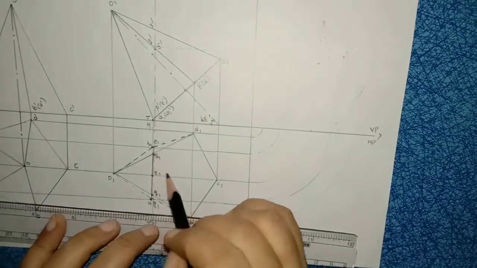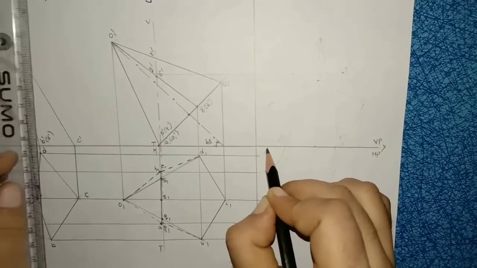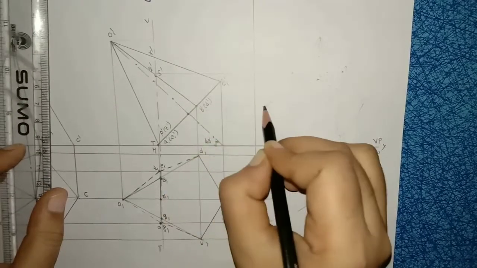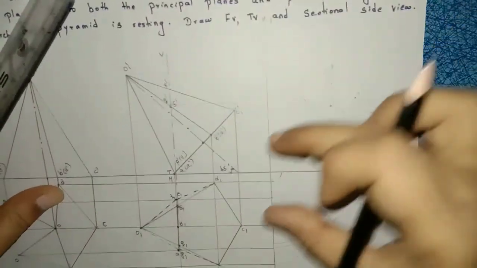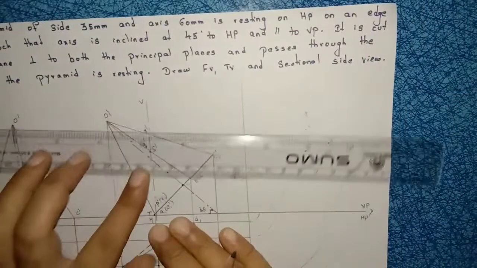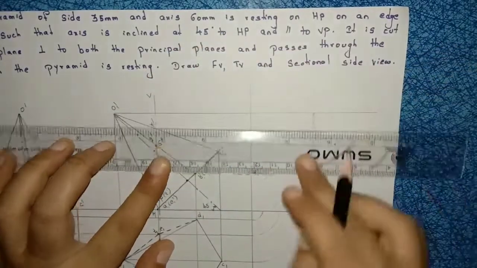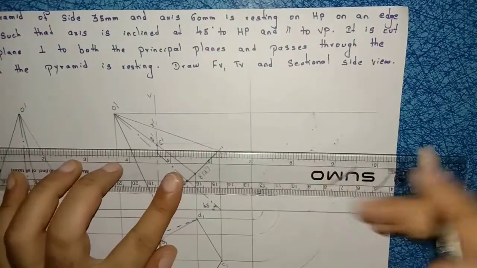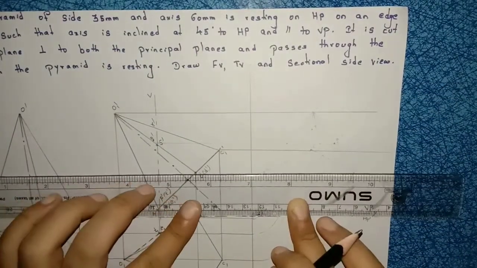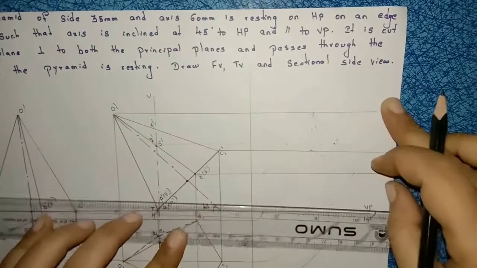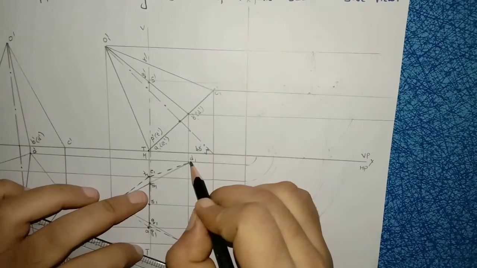Right, after that, now you see, this is the point D1. So D1 to D1, I should mark the point here. I am projecting this side view here. In order to project this side view, do one thing, from all the corners, from O1 dash, draw the projectional line. Right, from C1 dash, draw the projectional line. From B1 dash, draw the projectional line. Right, and anyway this is your A1, E1. Now you see, this is the point D1.